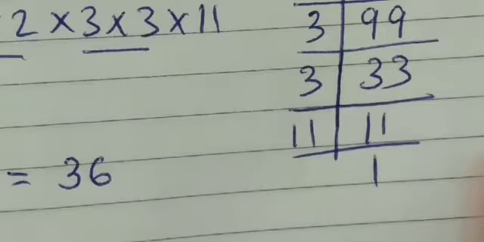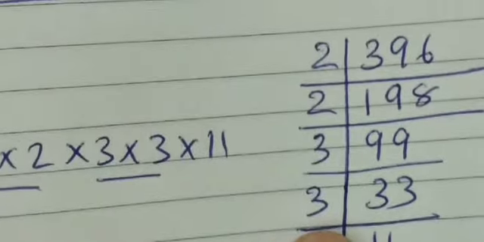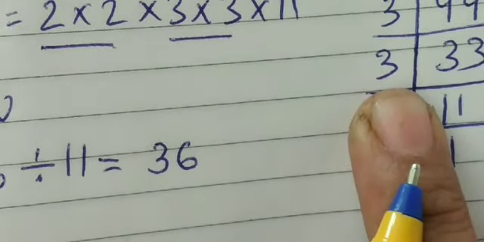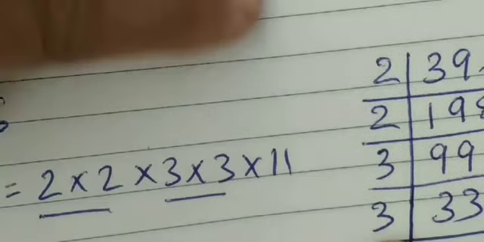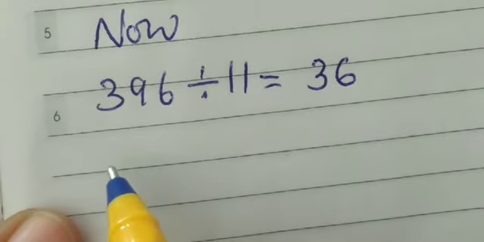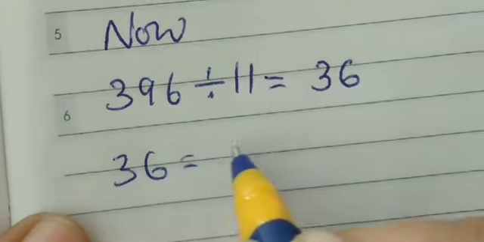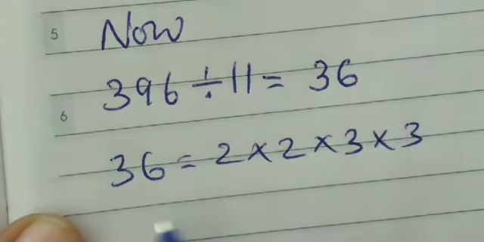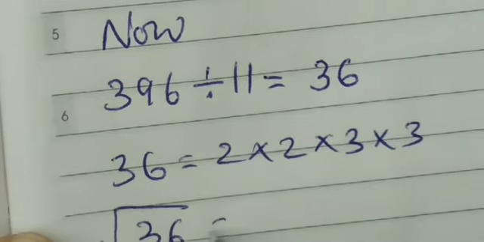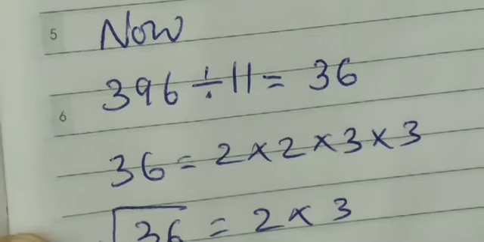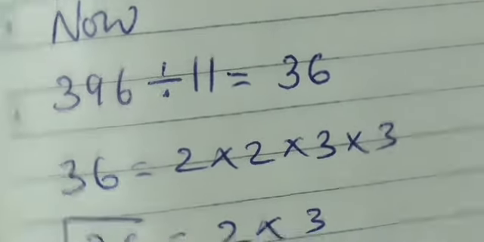So यहाँ से हम क्या करेंगे, 11 को दबा देंगे, रहेगा क्या, 2 2 ज़ा 4, 4 3 ज़ा 12, and 12 3 ज़ा 36. Okay, so write it like this, 2 2 ज़ा 4, 3 ज़ा 12, 3 ज़ा 36. Square root of 36 gives you 2 3 ज़ा 6. That's the final answer. Here we go.